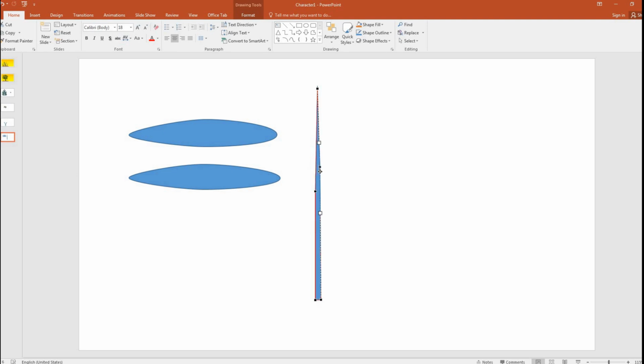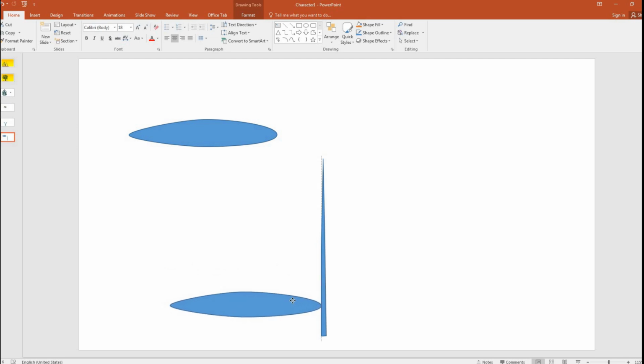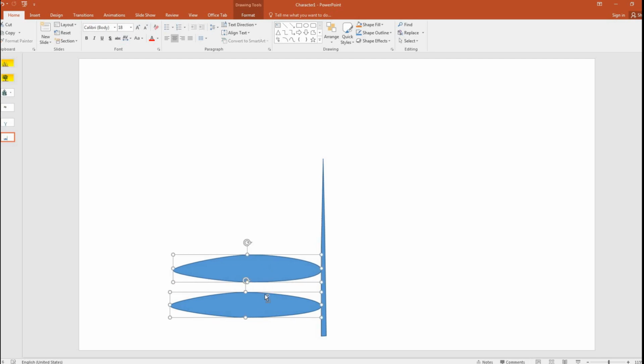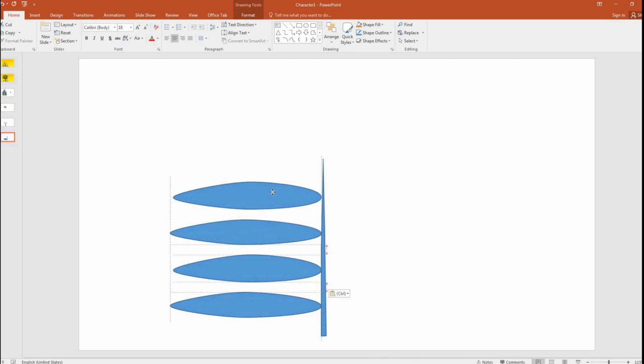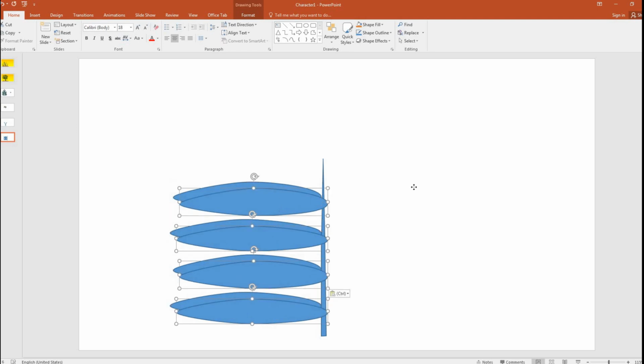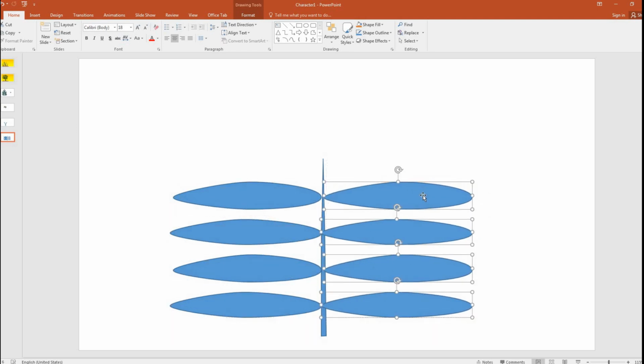Okay, so these leaves are going to hang in this stalk, right? So let me make it slightly smaller. So this is 1 and this is 2. Just select these two, copy, paste. You don't need to draw each and every leaves. Select all these 4, copy, paste, put it here, or